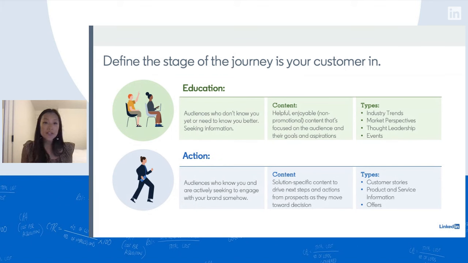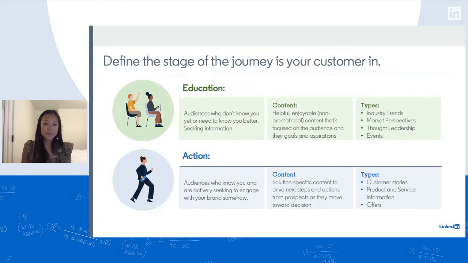And they're seeking information to get a better understanding of who you are as a brand. The types of content that work really well within this space are things like industry trends, market perspectives, thought leadership, and events. Kyle will talk a little bit more in the following section about the thought leadership research studies that we do with our partners at Edelman. But I think thought leadership can come in a variety of different forms, where it can be thought leadership from you as the brand, but also, don't forget about your employees, your subject matter experts, and your executives that can be voices and credible